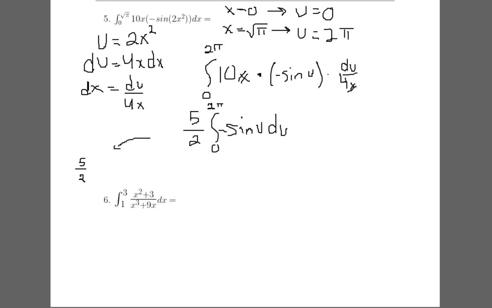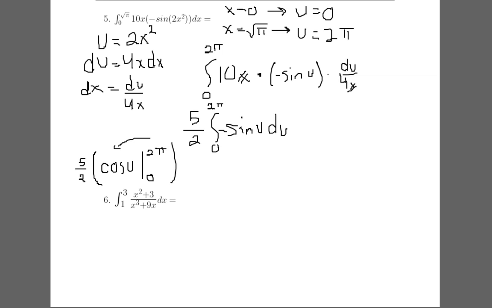We'll have 5 over 2 times the quantity cosine of u. The antiderivative of negative sine u is cosine of u. We're going to be evaluating that from 0 to 2 pi,